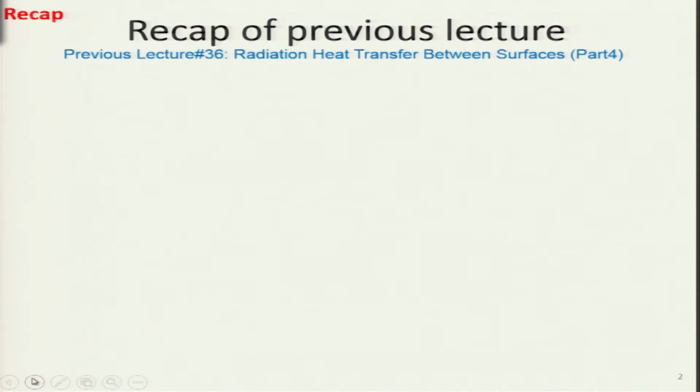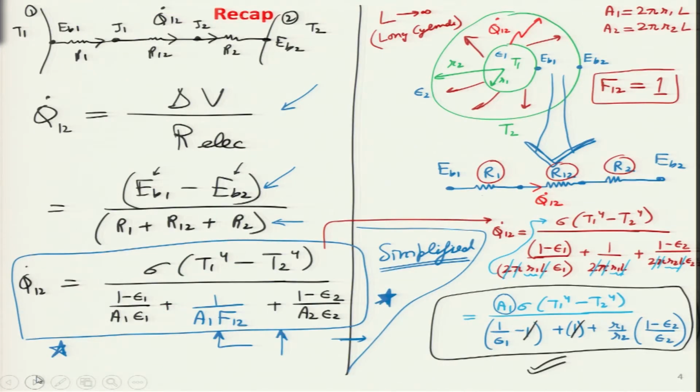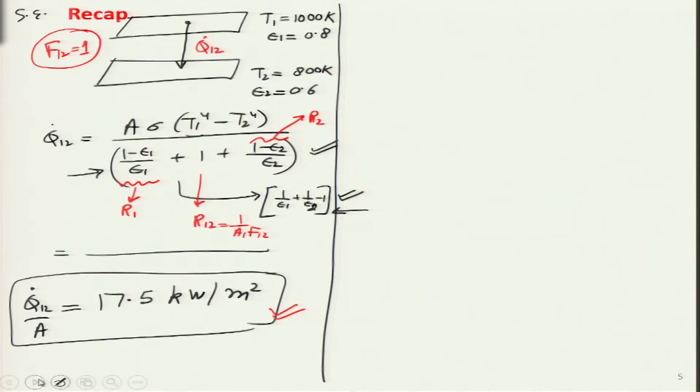So, the previous lecture was the last lecture related to radiative heat transfer between surfaces, and in that we had taken our analysis further, where we have already defined before the surface resistance and space resistance. And what we did was we analyzed this particular relationship in more detail, which even though it looks very complicated, I can write it simply as current equals voltage drop divided by R total. That is the beauty of these type of analogies which are available in engineering and scientific literature, that very complicated equations can be understood in very simple terms.